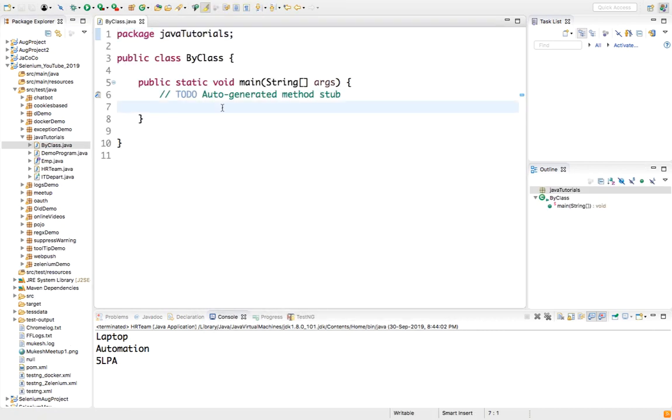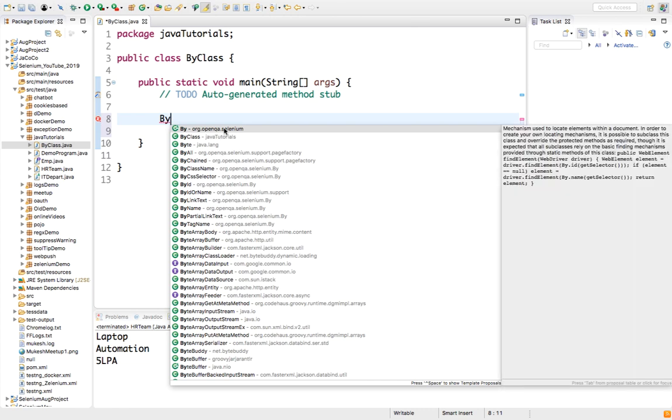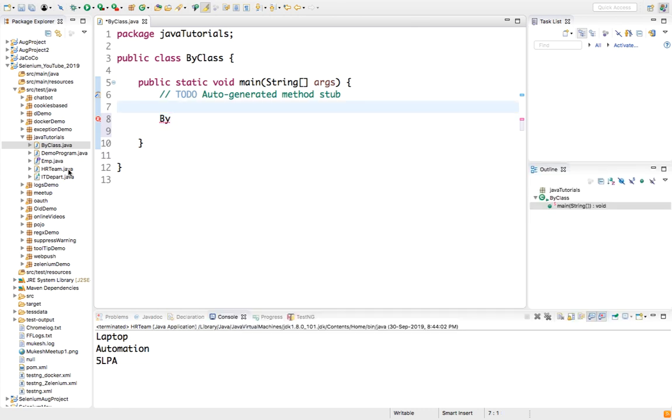I'm just creating one program so that I can show you. If you just write By, you can see this A means it's abstract. If you go back here, this is I for interface and you can see this with A, so it's an abstract class. In the same way, when I say By xpath equal to By dot xpath,